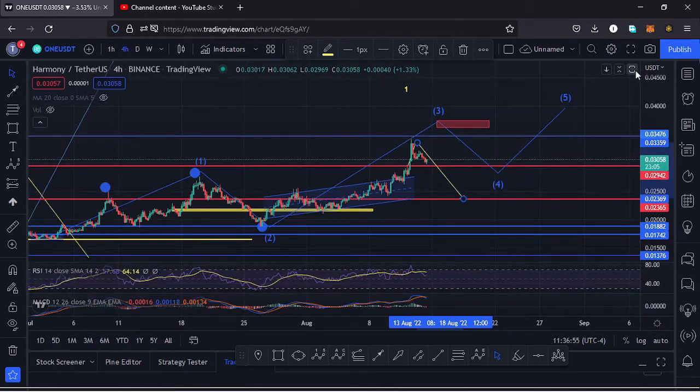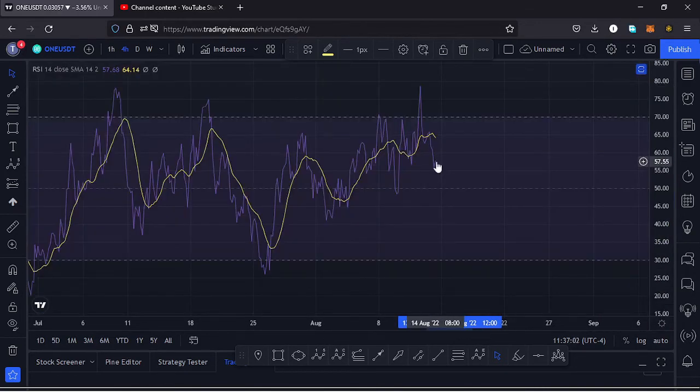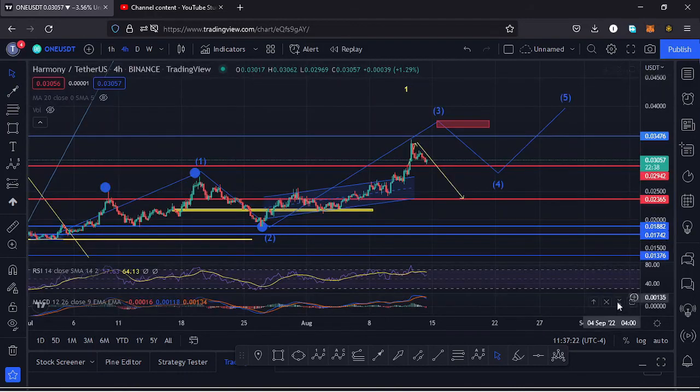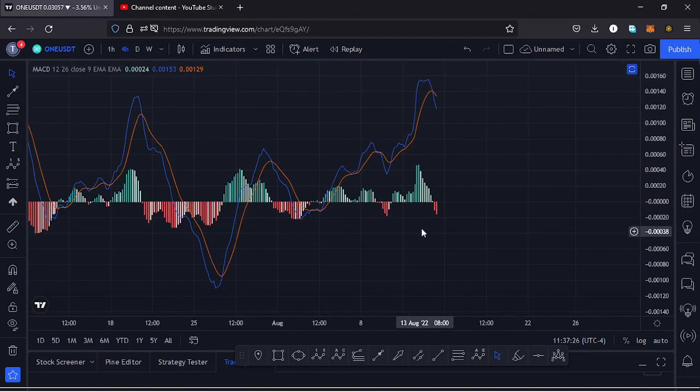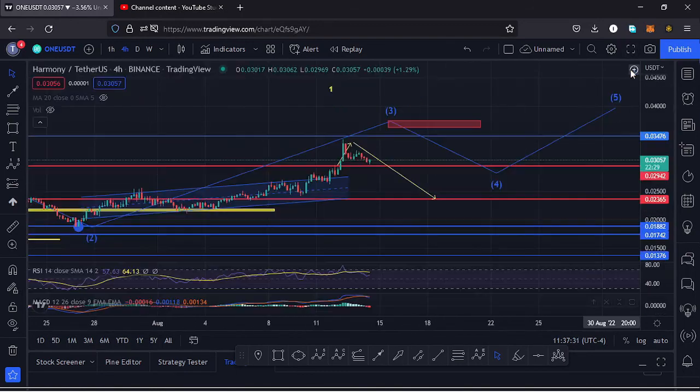Also taking a look at the indicators, here on the RSI we are trading at around the 57 mark, and that would mean we have room for us to support any movement to the upper side. In case we manage to have a retest and continue pushing higher to get into our target area, that movement here on the RSI will be supported. Also any movement to the lower side on the RSI will be supported. Also taking a look at the MACD, we have printed a bearish cross, and that would mean lower prices could be coming our way. So let's be patient and see how that plays out, and I'll keep